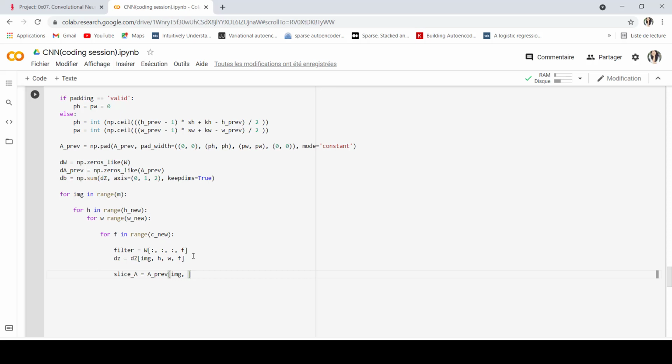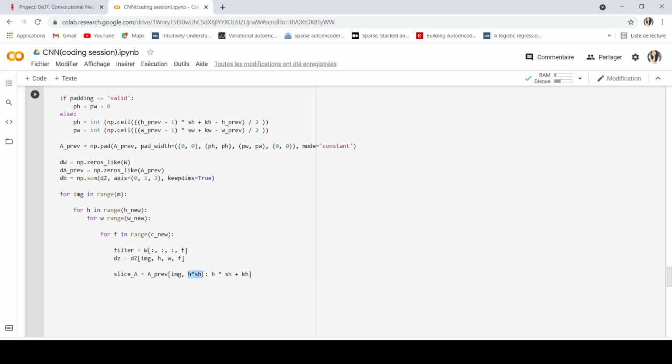As we already did, it's going to be h as the step times sh, so from h times sh until h times sh plus kh.